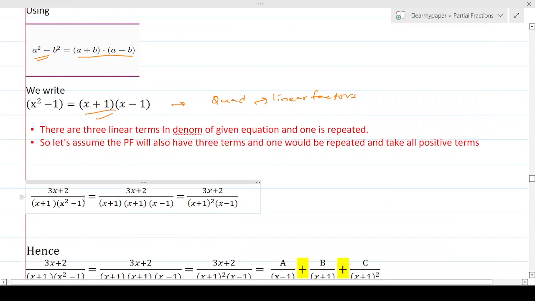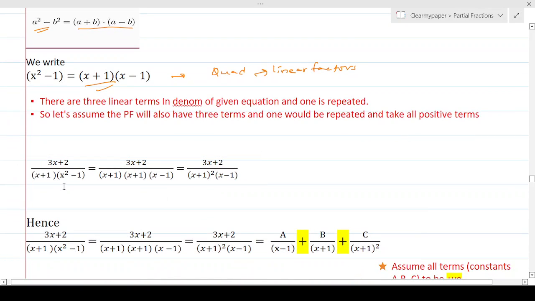If you see here, the whole thing is written as 3x plus 2 over this part. So this one quadratic has been substituted by two linear factors. And now after you do that, what do you see? You see this x plus 1 here from the original equation, and one of the factors x plus 1 from this equation. They both are the same and they both are repetitive. So we can write them as follows here: x plus 1 the whole square,